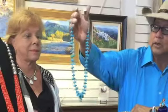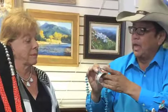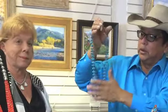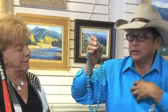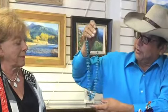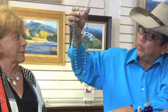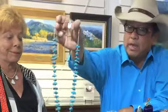And then we came across some nice necklace here that is some Sleeping Beauty. If you notice some Sleeping Beauty, they're lighter blue, but they say when the beauty wakes up, they turn to a darker blue. And this must be pretty old to where it's turned a darker blue from the oils from your skin, and what lotions and stuff that you put on yourself. But that's what turns the color here. So this is a real nice